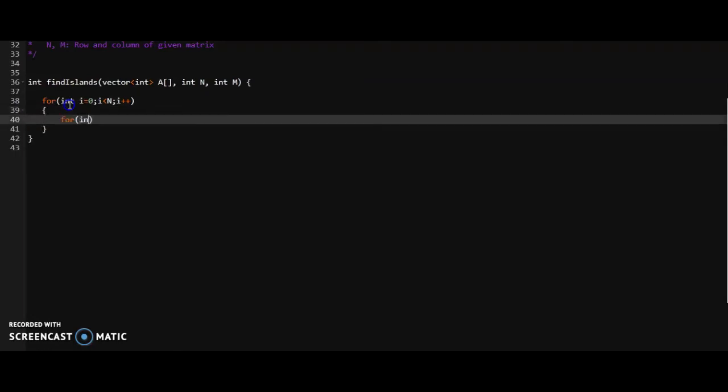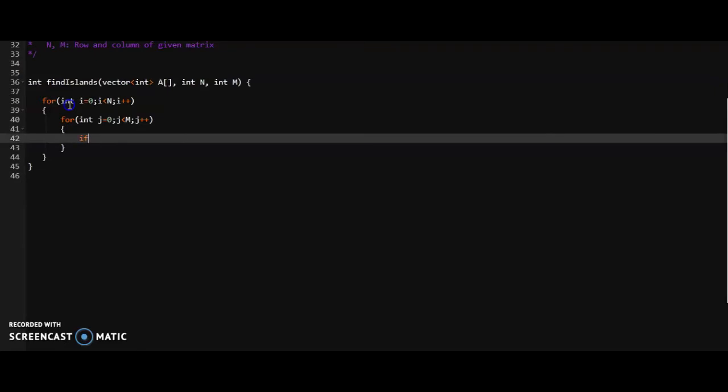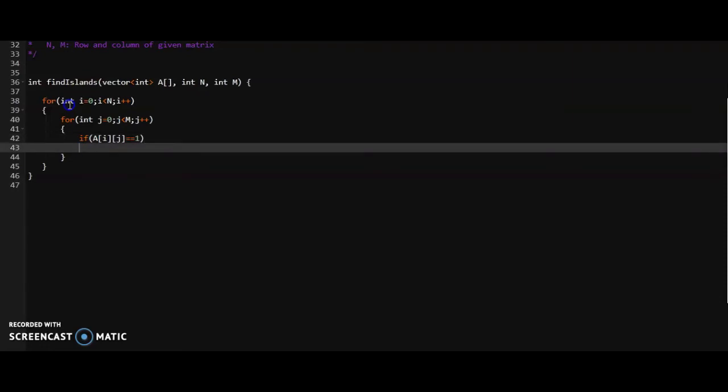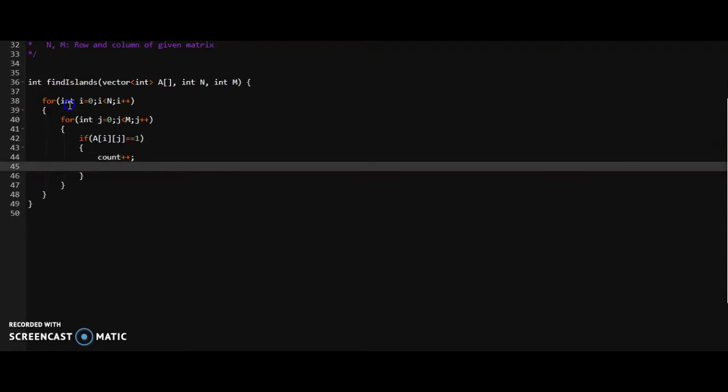Another for loop, for int j equals 0, j is less than m, and j plus plus. Now here I will make a condition: if I have found 1, that is a of i of j is equal to 1, then I will recursively call a function. Before that I will just count it, because from this point I am going to have an island, right? So I am making a count of that, and I will recursively call the check function where I will pass